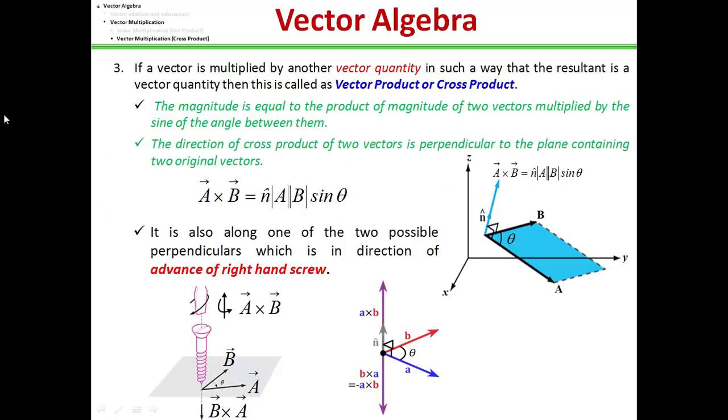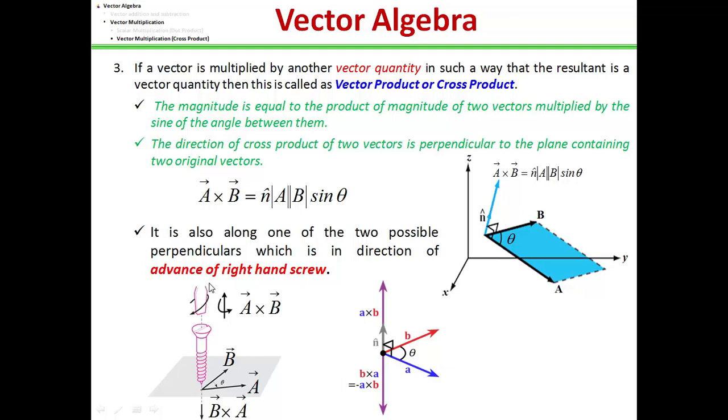Now the third case in multiplication of vectors is the cross product. In this case, the cross product is a vector that is perpendicular to the plane containing the two original vectors, that is, normal to the plane containing them, as shown in the figure. Let's take two vectors a and b. The cross product a cross b is defined as a vector that is perpendicular, or you can say orthogonal, to both vectors, that is vectors a and b, with a direction given by the right-handed screw rule,